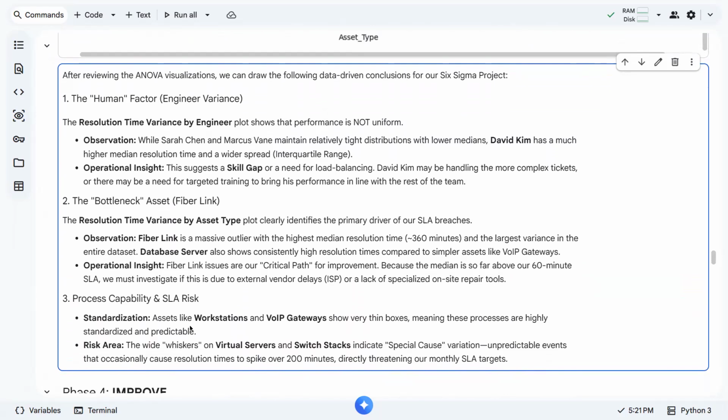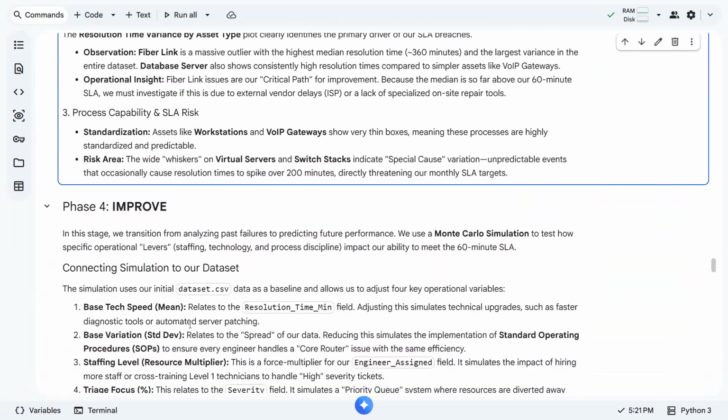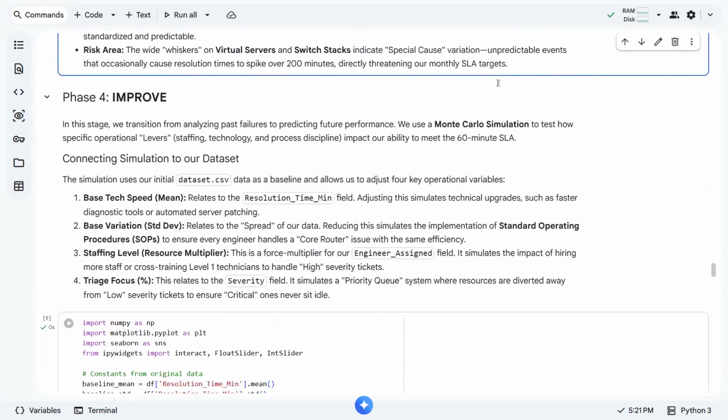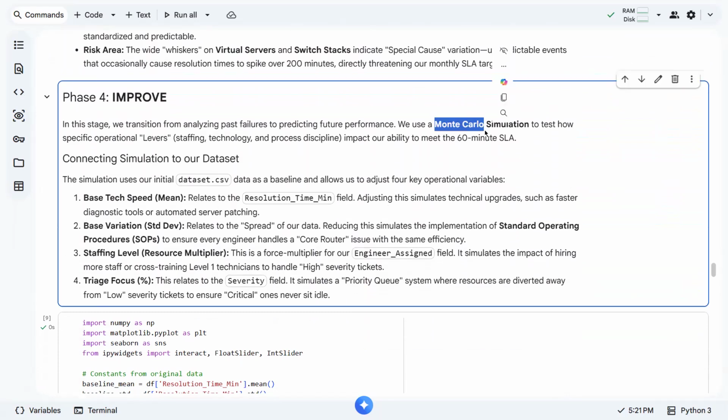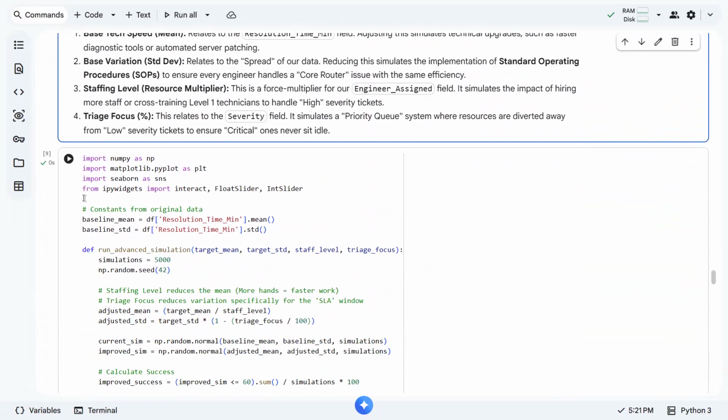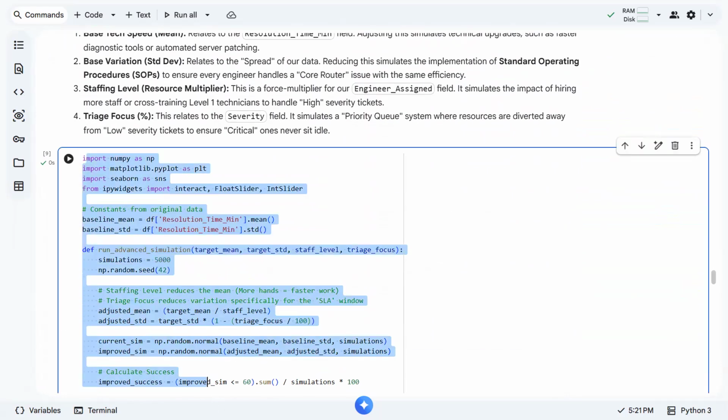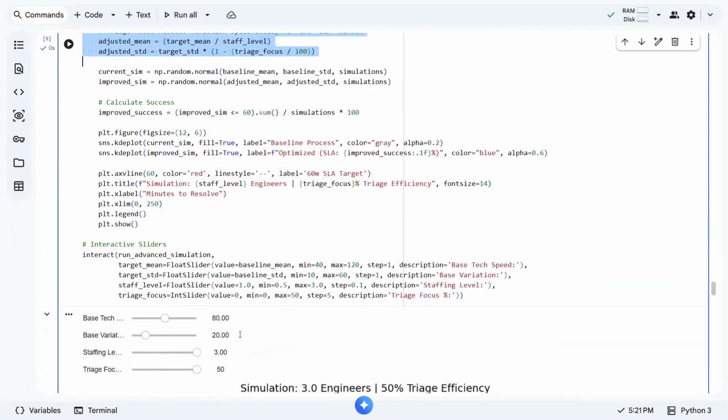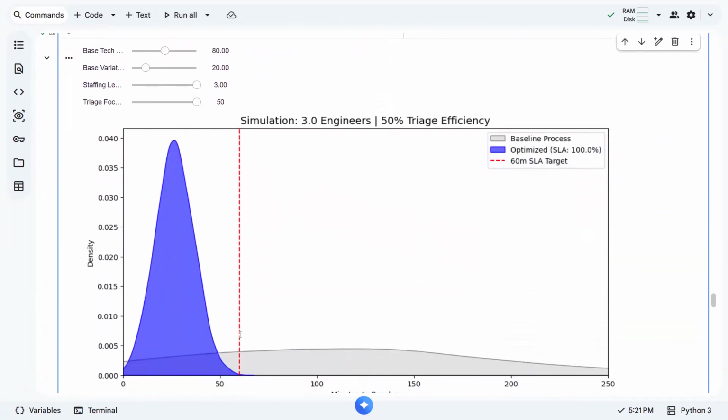With these results in our analysis, we make use of a simulation tool called Monte Carlo to check what will happen if we change things in this aspect and in another aspect. We have our data set connected to a simulation tool built in here. Using this code, we came up with this, our Monte Carlo simulation tool.